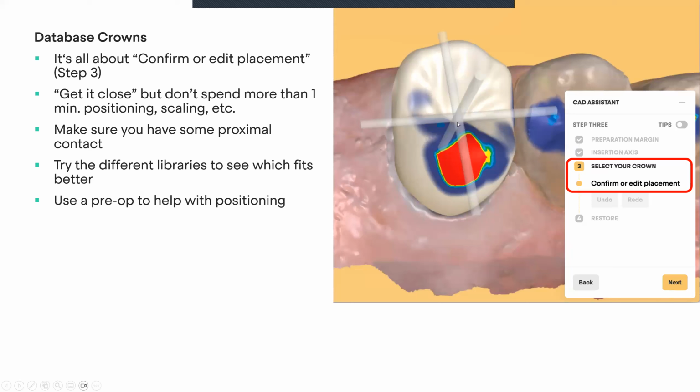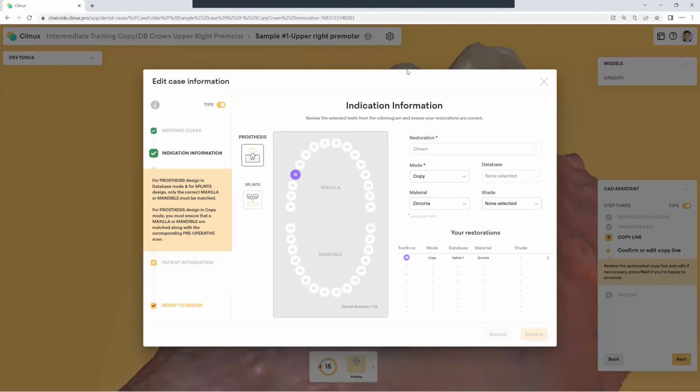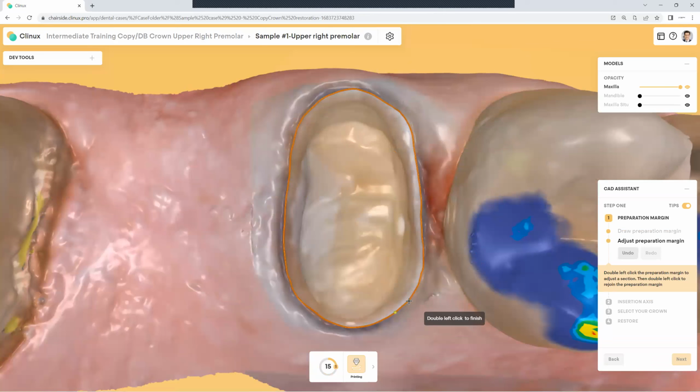Okay, let's come back to Clinux. I'm going to now go back to the prescription form, and I'm going to switch tooth number 15 from copy to database, and I'm going to click on confirm. And of course, Clinux deletes the copy crown that I just made, brings me back to the preparation margin. I'm going to go ahead and click on next here in a second. I just have to make a small change to the margin. In a second. There we go. Click on next, and